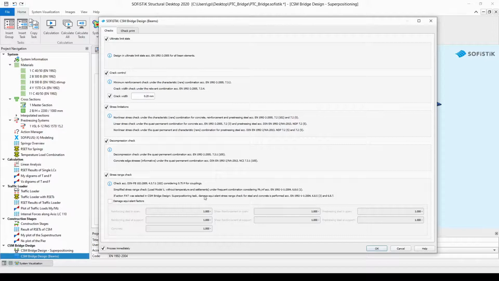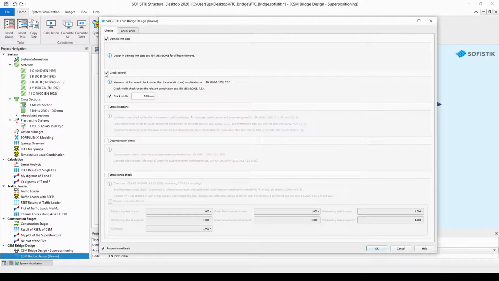If we did perform all of these checks, our output in the report browser would be very extensive and difficult to follow. So what I suggest is to either perform one of these design checks one time and then reinsert this graphical task in the SSD task tree and perform the remainder of the design checks. However, before starting any of these design checks, my recommended workflow would be to uncheck all of these design checks